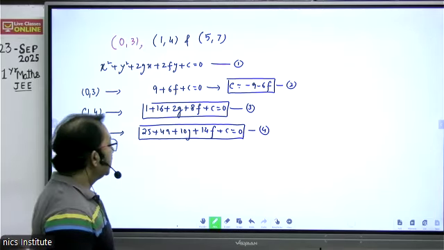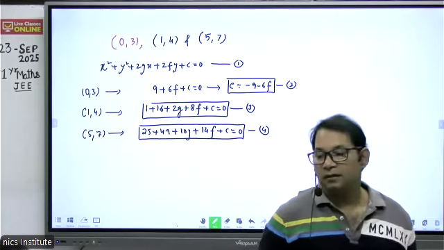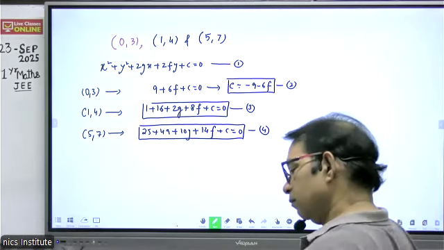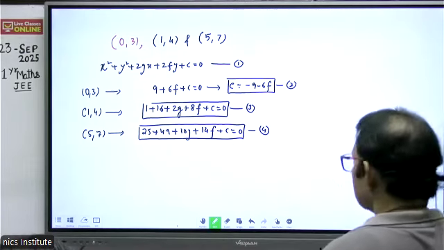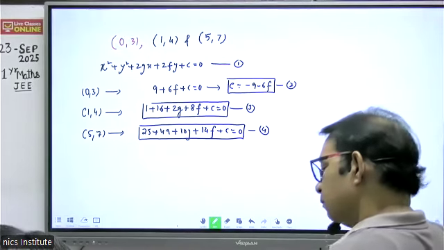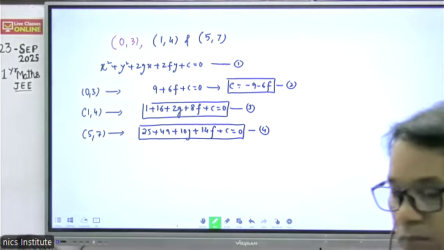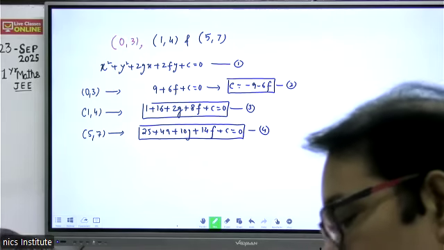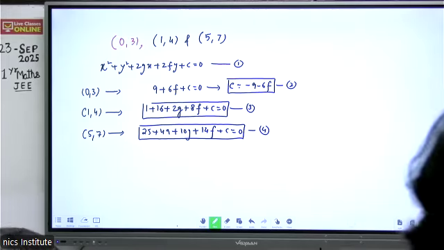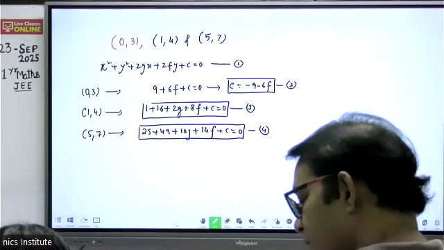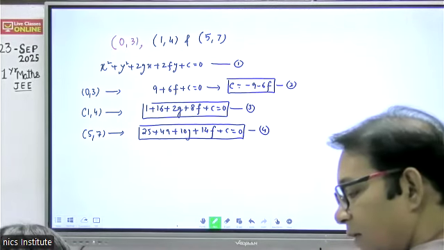From equation two, substitute C in the third and fourth equation. फिर दोनों को सॉल्व करके G और F निकालो। चेक कर लेना, कहीं गलती नहीं होनी चाहिए।